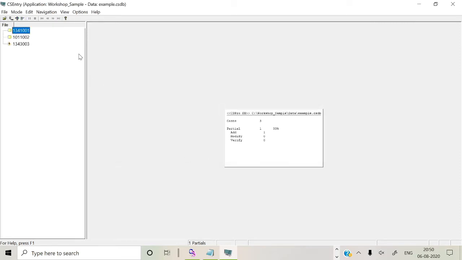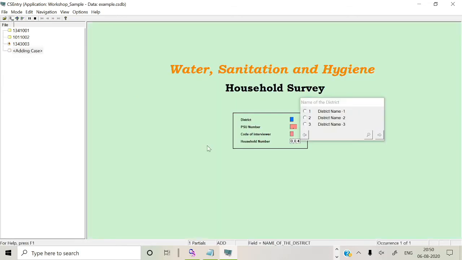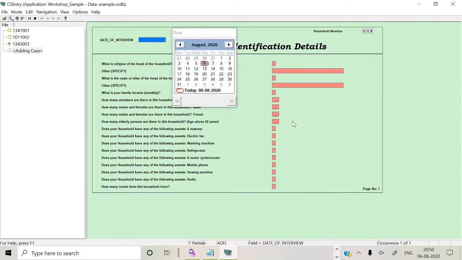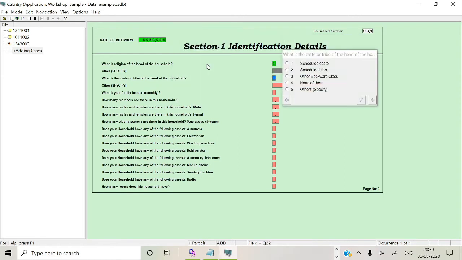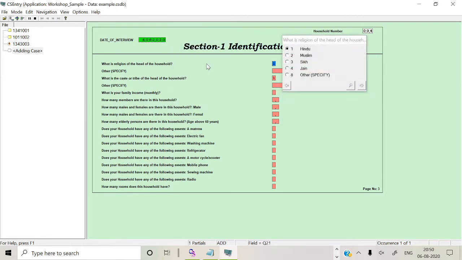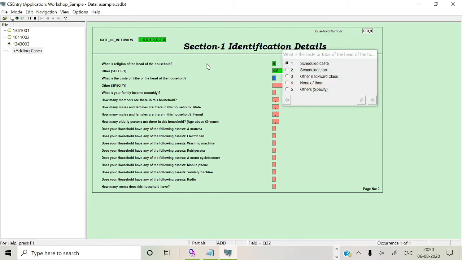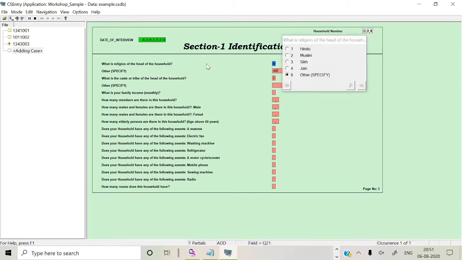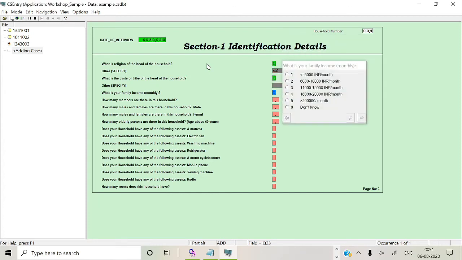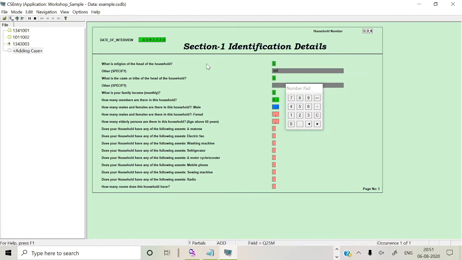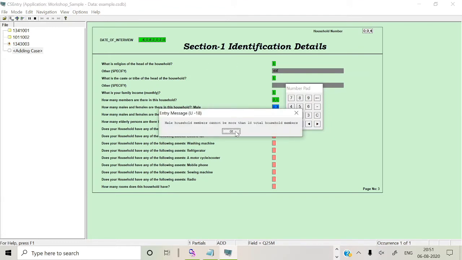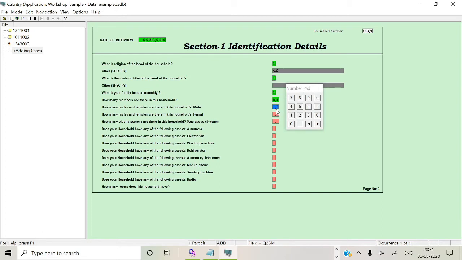Once I give it, as we did previously, we are going to add a record and keep adding. The color and those things we have already discussed, this is how it shows by default. If I enter 8, the others come up automatically. If you do not enter 8, you can move out with the back key. A pop-up will appear, and you can see the total number of members is 1, and then I have entered 13 for a male member.